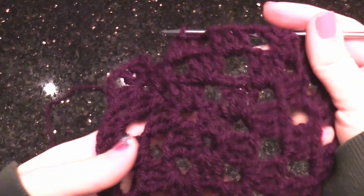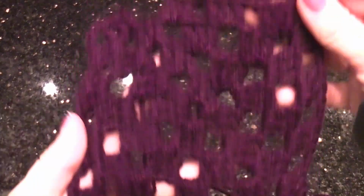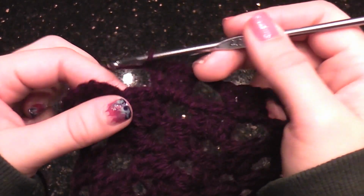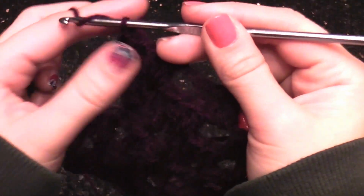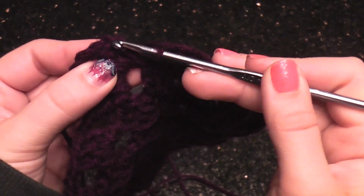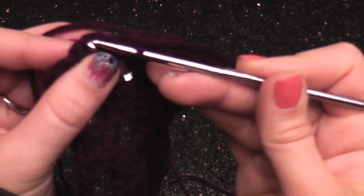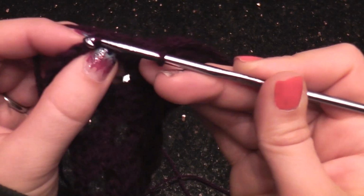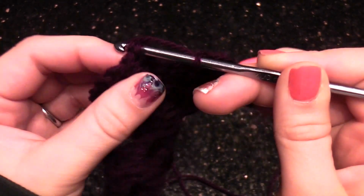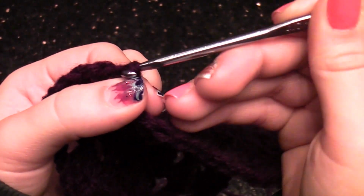Okay, I'm back. I've just finished the last cluster of 3 double crochet on my 4th round. I just need to join it at the beginning now, so we'll do what we normally do and we'll chain 2 just to close up the gap. Slip stitch into the 3rd chain 3 that we did at the beginning of the round. Yarn over, pull through,